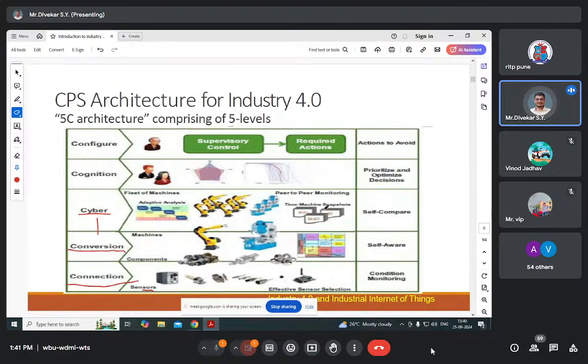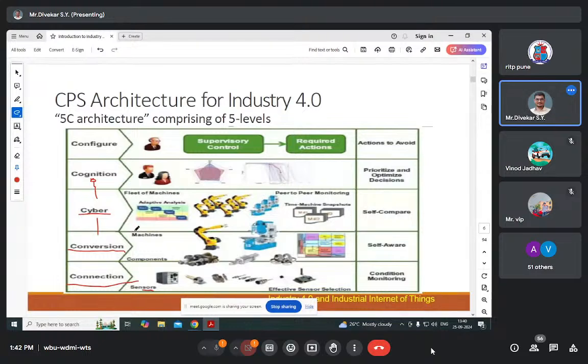Firstly, the collected data are compared into different types of categories. And this level is a self-compared level. Some algorithms are used to compare that data and collect that information. And these compared data are transmitted to the next level, which is